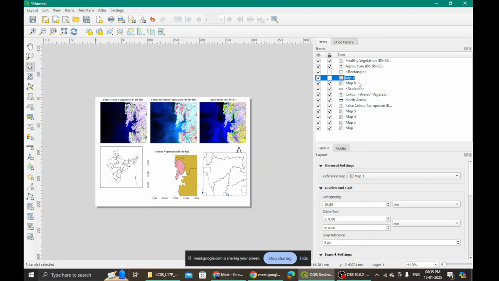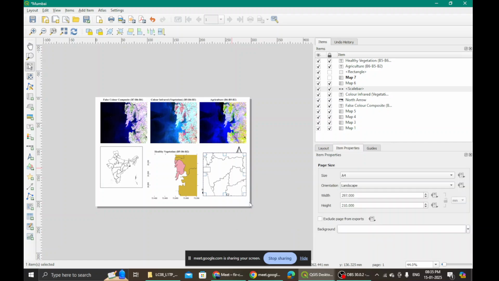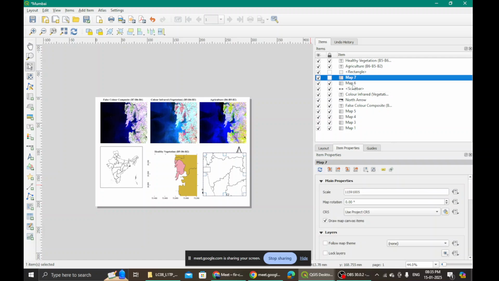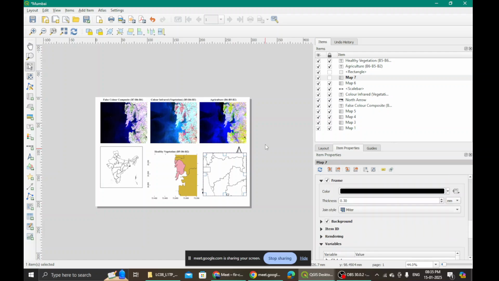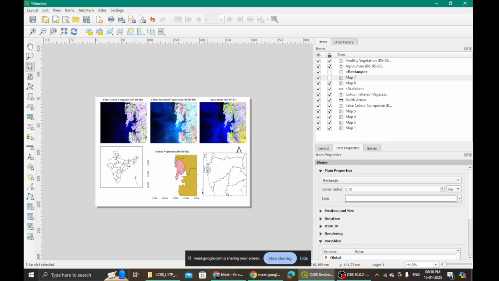Okay, so this map 7, I want to give it a frame. Page properties, map 7. Okay, good. Now it has come. Let me give it a frame. And we see a box, right? The box indicates presence of what?